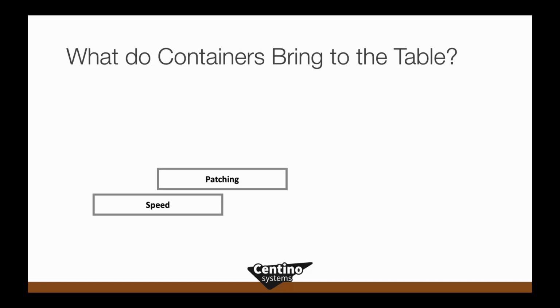Patching. We minimize the need for patching because we're reducing the surface area of things that need to be touched, right? We do still have to care and feed for that underlying host operating system, and we do have to care and feed for the applications inside of the container, but I like to think that there are fewer moving parts that I have to deal with when I compare to VMs, where I have to focus on both the apps and the dozens of operating systems and also the hypervisor and all of those things that have to come into play, simplifying the technology stack to just the application and the OS.